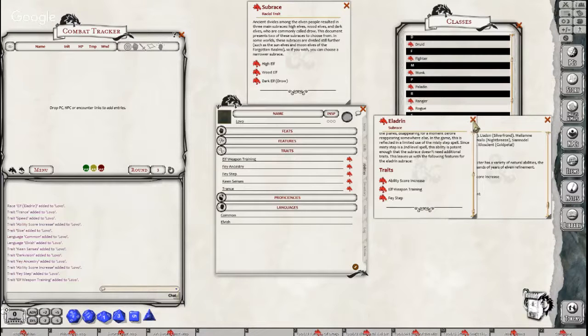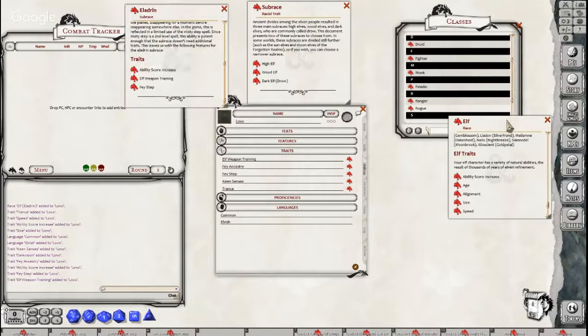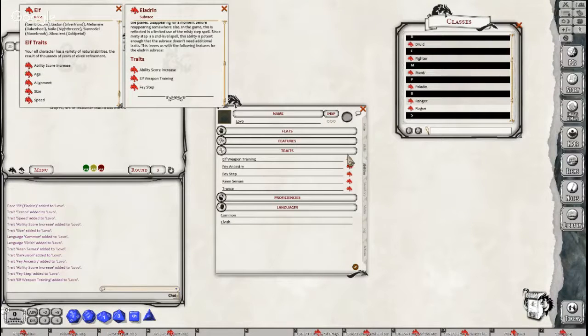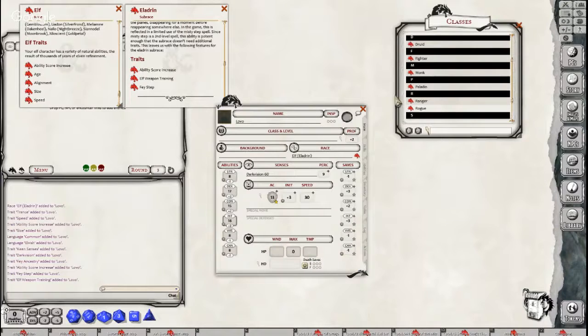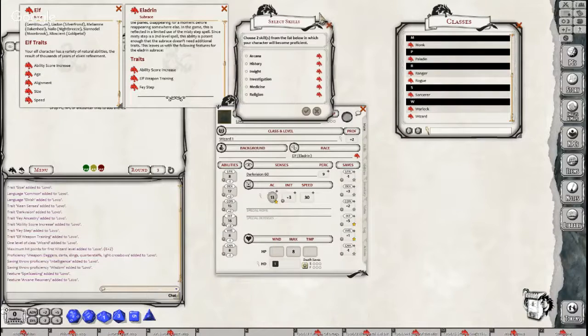Now we've got our stats. We've got our race done. We've got our subrace done. And now we're going to do our class. So base class, wizard. We're just going to drop wizard onto the class line. And now it says we get to choose 2 skills